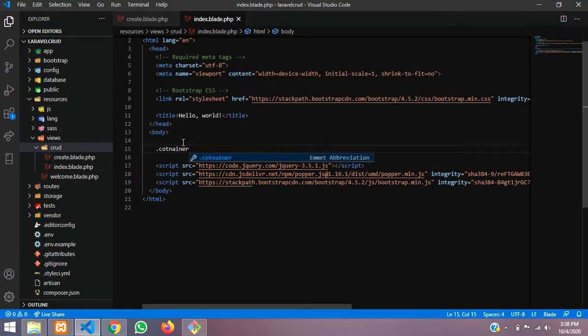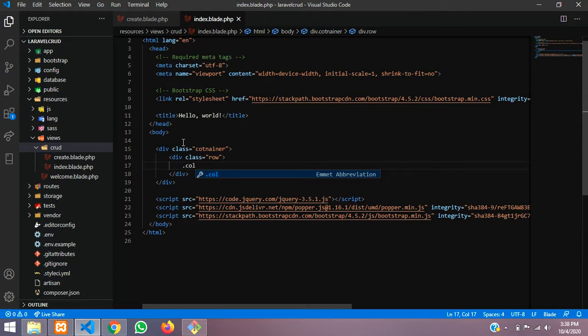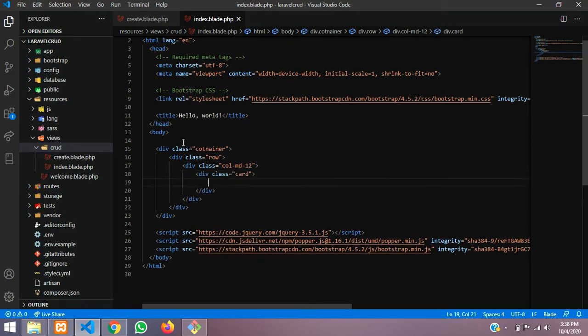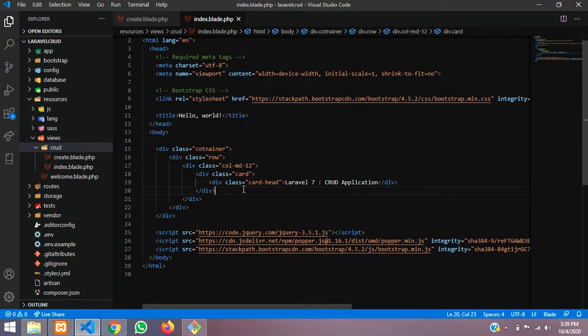I'm going to use container, row, column, md-12, card, card header, Laravel 7 CRUD application. Save this, and now we will execute the file.